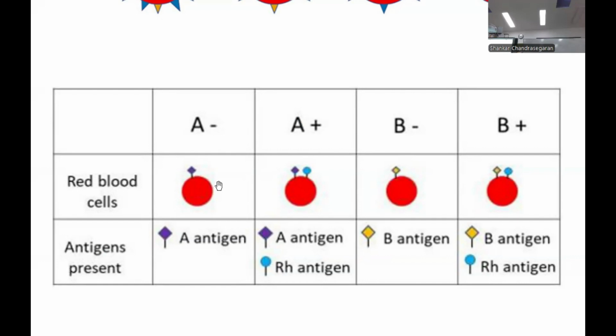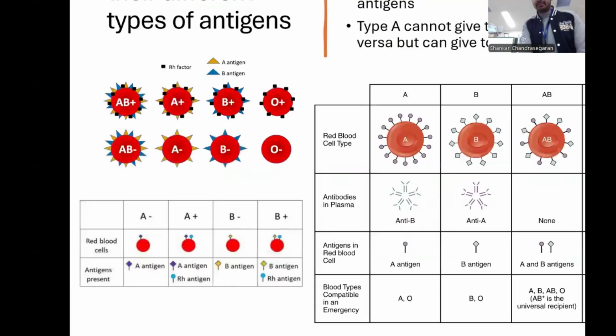It has to do with the antigens present on the red blood cells. So let's say you have A positive. That's your blood group. That means that you have the antigens for A present on your blood group, and you also have the RH factor present. Those are the antigens that you have present. So if you donate this blood to an individual with B positive,